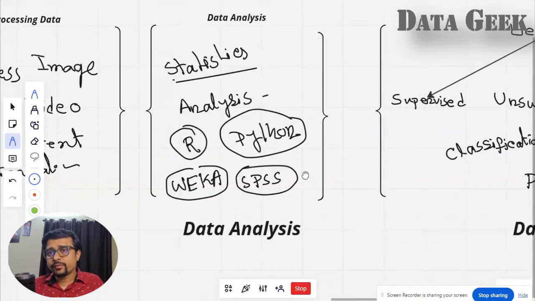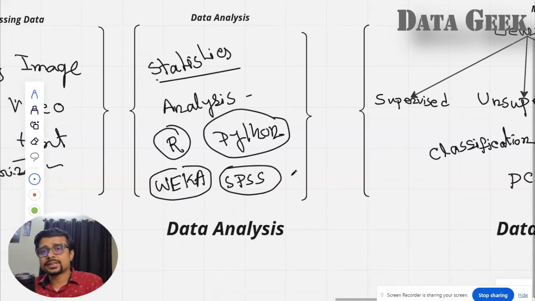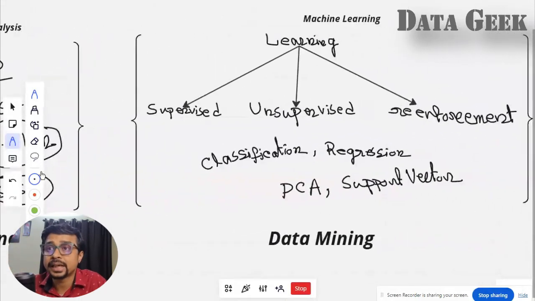Okay. Now, after this, the most interesting thing comes into the picture. Once the analyst has analyzed the data and told you, okay, this is the data, this is the relation between the data, and this is the meaning of the data, now you have a meaning of the data. Now you have a relation of the data. Like, you know what this data is telling you, what the story of the data is.